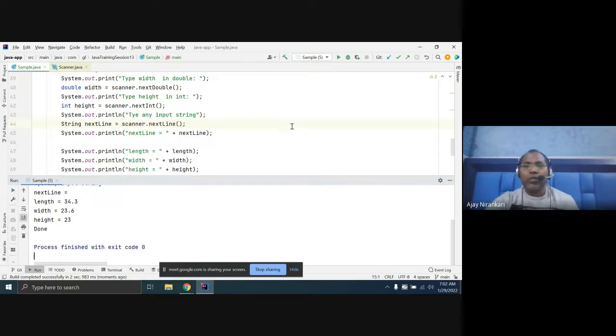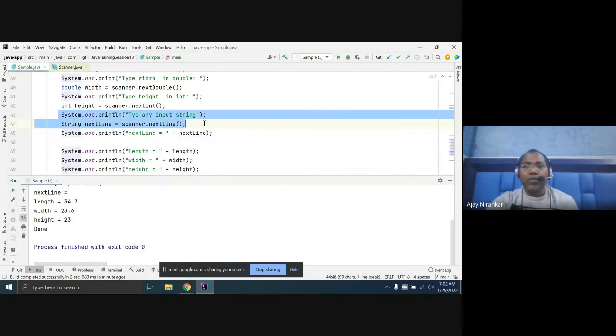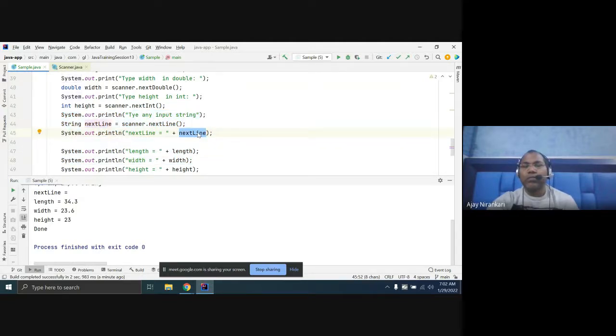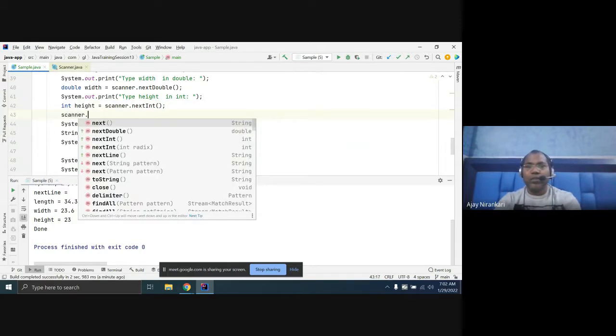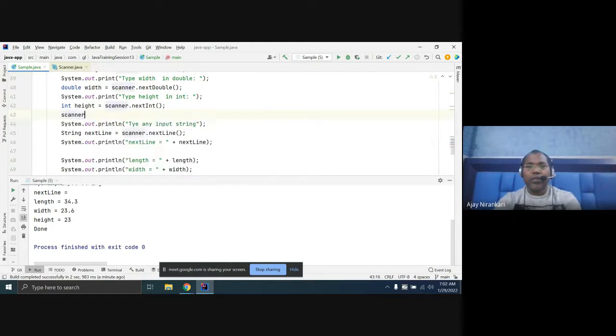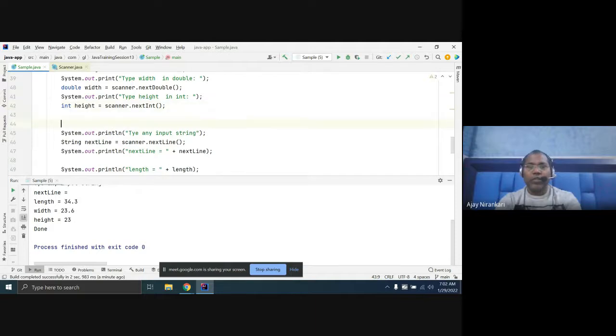So here you will notice this will print, but all the lines will print blank, right? Yes, sir. Here it is not waiting for your input. So here you have to say, right, scanner dot next.